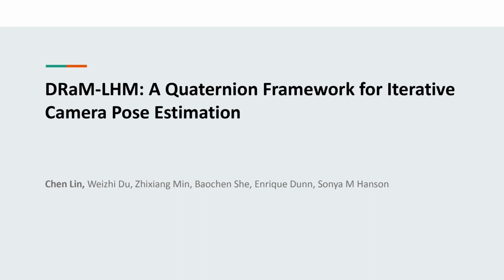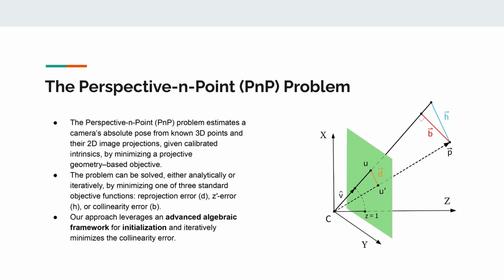In this work, we introduced DRaM-LHM, an iterative 6-step camera pose estimation method built on a new algebraic framework, which we call the adjugate Quaternion. To set the stage, we first review the Perspective-n-Point, or PnP, problem. PnP estimates a camera's absolute pose from known 3D points and their 2D image projections, given calibrated intrinsics, by minimizing